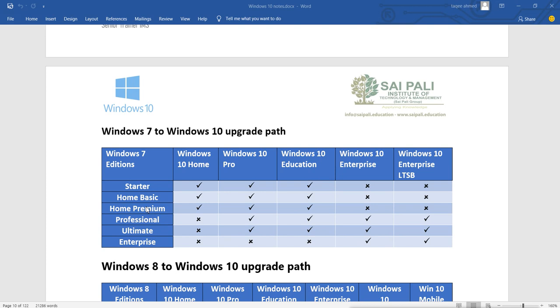Suppose you are using Windows 7 Starter Edition and you want to upgrade to Windows 10. You can upgrade to Windows 10 Home Edition, Pro Edition, and even Windows 10 Education Edition. But you cannot go for Windows 10 Enterprise Edition or Enterprise LTSB.